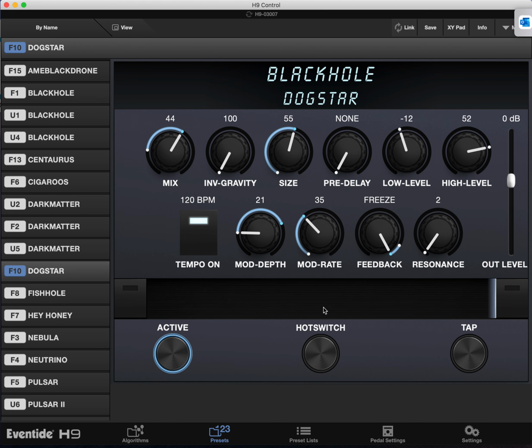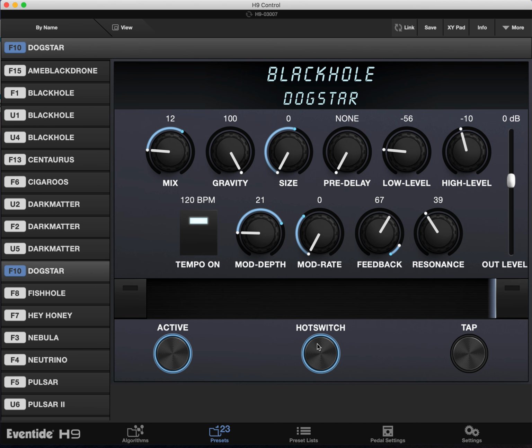So when you map the set expression pedal value function to an aux switch, what it does is it goes from the min to max points instantaneously, right? As you can see, as I'm clicking the same tip switch on my 3-button auxiliary switch, it's not going anywhere in between these ranges. It's going straight from the min to the max points. So it behaves much like a hot switch, except we're using expression pedal functionality.